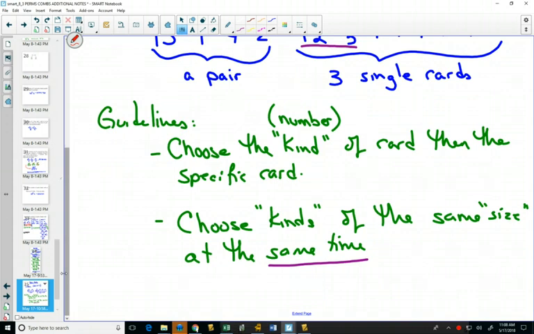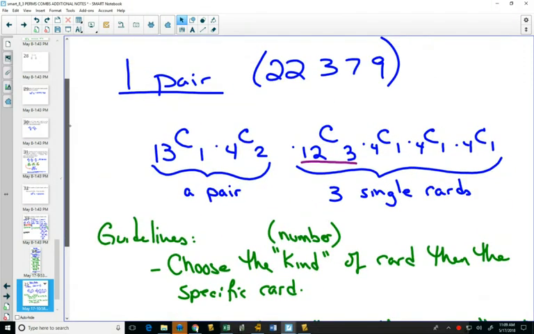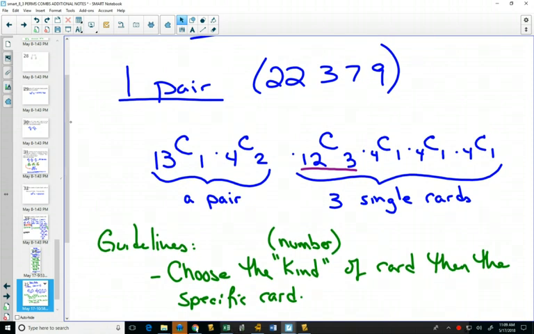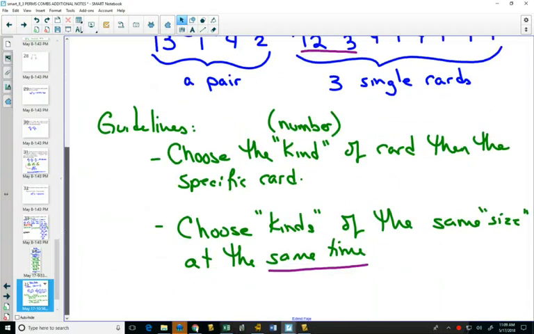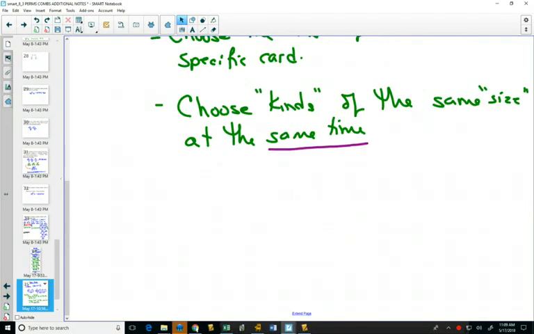And we'll go to a second example. Oh, and I need someone to calculate the value for one pair so we can get a sense. Out of the 2.6 million different poker hands, how many poker hands have one pair? So someone who has a calculator, if they could multiply that all out and type it in. And when you've got the answer, let me know, but we'll start now